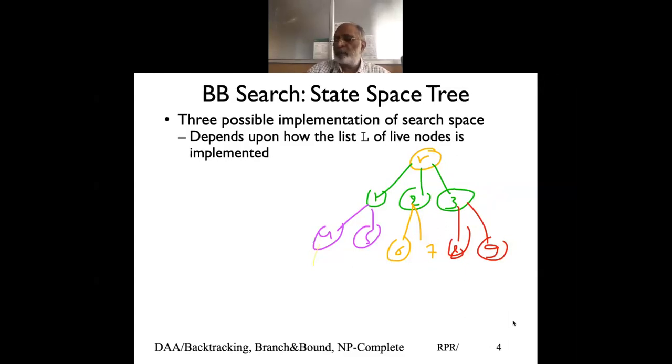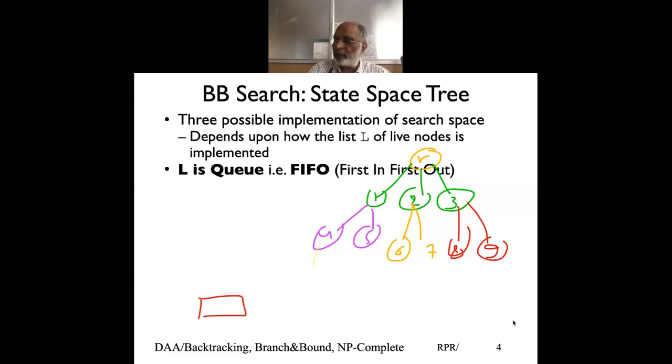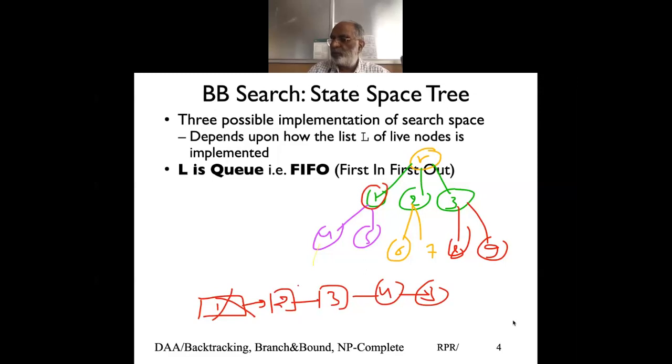So three approaches. One is what is called FIFO, meaning it's basically breadth first. The moment we explore the root, we will build a queue. First goes item number 1, then we add item 2, then item 3, and then we explore 1. We explore 1, remove it. So I get children 4, so I add 4, then add 5, and then I take the next item in the queue, which is 2, then explore children of 2, which is 6. So basically, if you see what has happened, this is what is called breadth first. So FIFO, and that's what we'll discuss.